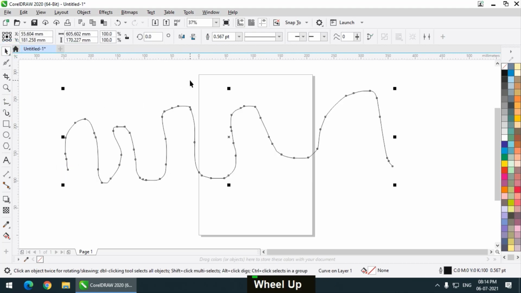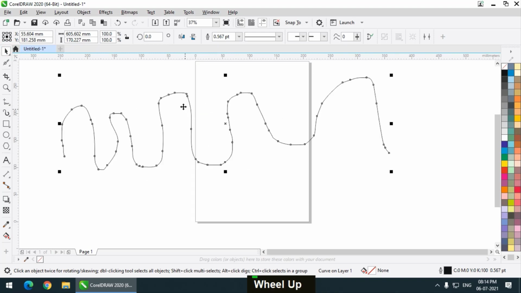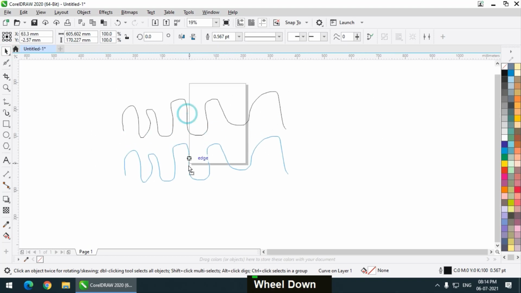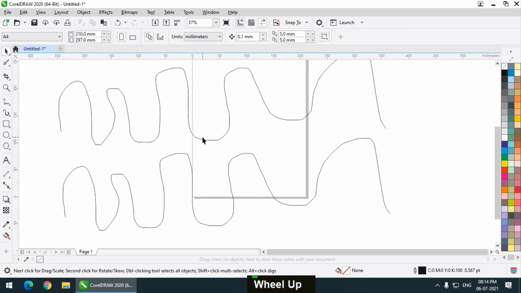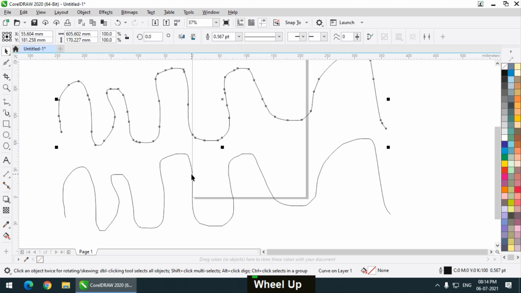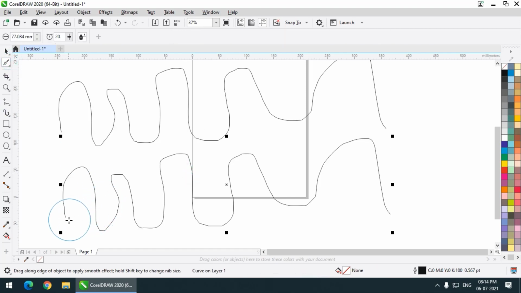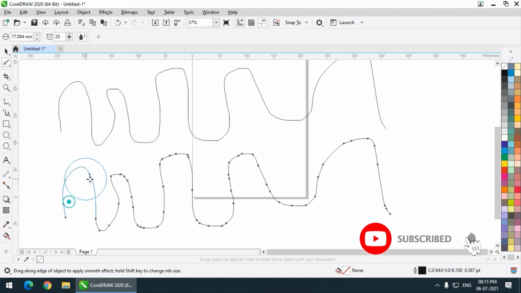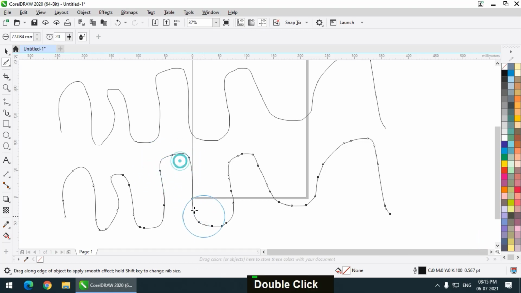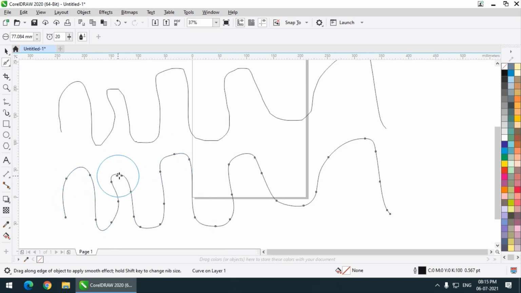Now before changing it, I'm making a copy of it so that we can differentiate easily between the two shapes. So this is our original shape and I'm going to change this particular shape. I have to simply click and drag, nothing else. It will smoothen whatever shape we are using it on. As you can already see, the difference between the original shape, which looks rougher, and the shape that we have used the Smooth tool on, is much smoother.